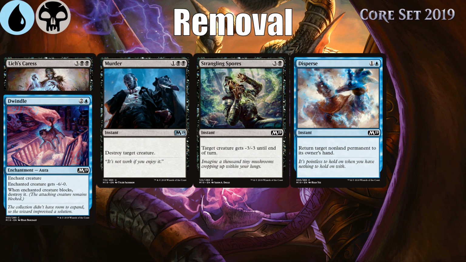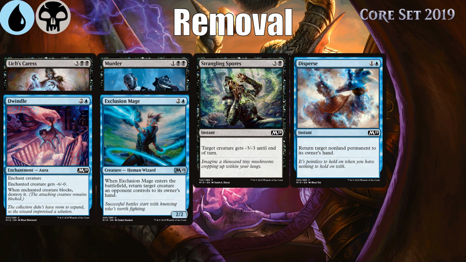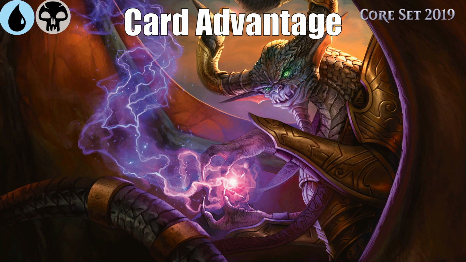Dwindle is a nice little removal spell. Exclusion Mage, another bounce. Totally Lost does the Time Ebb thing. So those are the kind of removal you have at common and uncommon. It's a lot. You also want to be generating card advantage because over the course of this game, while you're